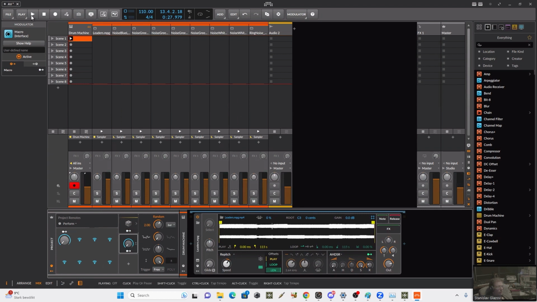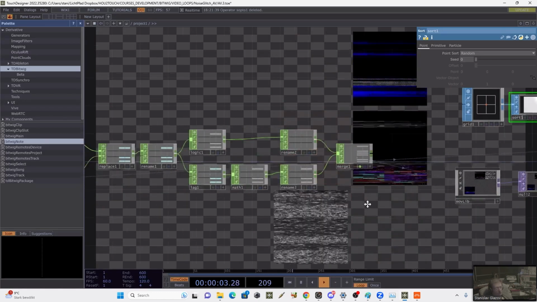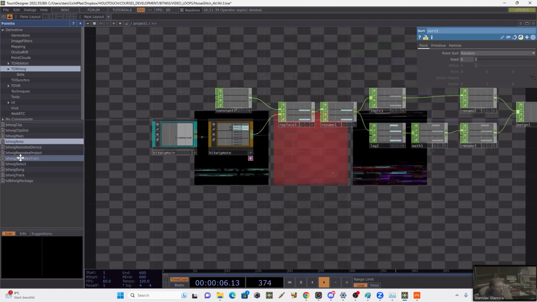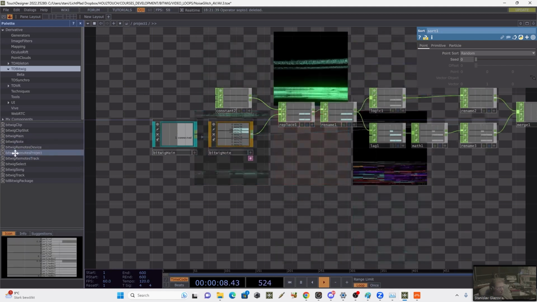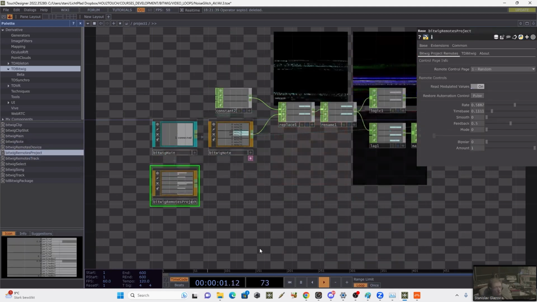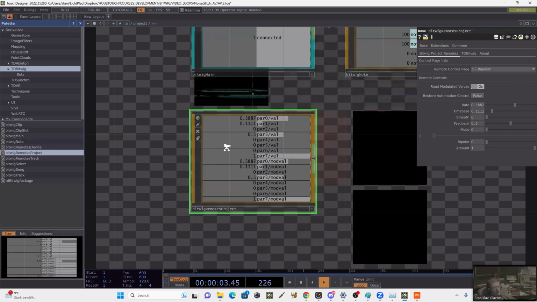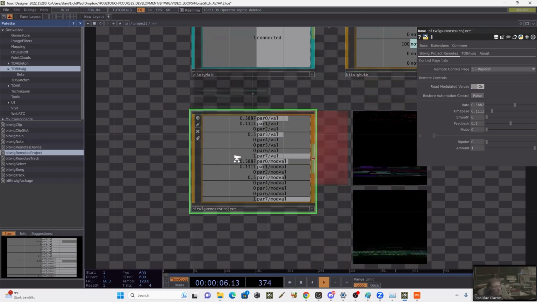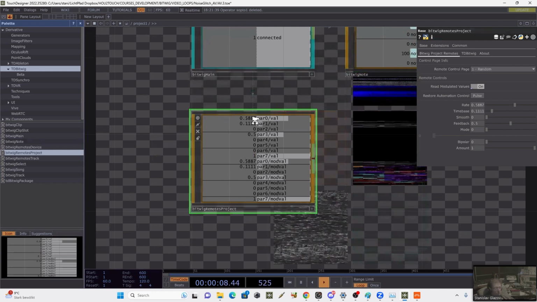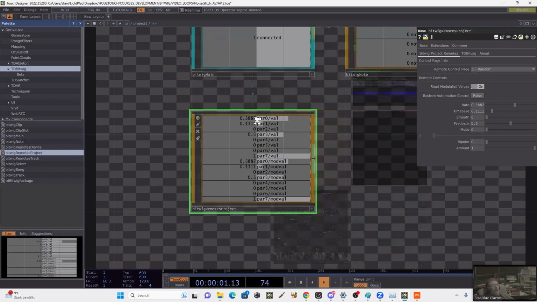And now if I play back, you will see by this blue line around the knob the random values outputted by the random modulator. So now I can go back to TouchDesigner and I can capture that with the Bitwig remote project. And here you can see that Bitwig remote project returns